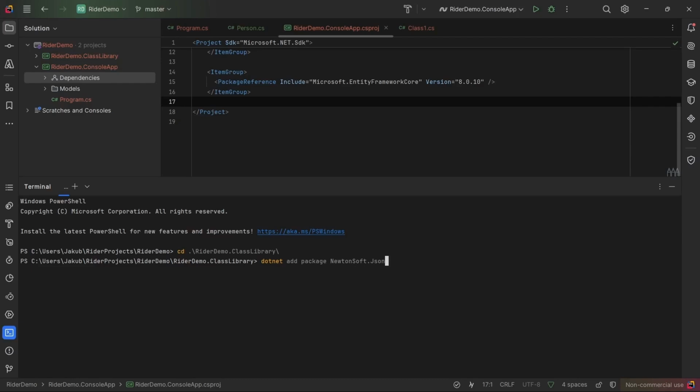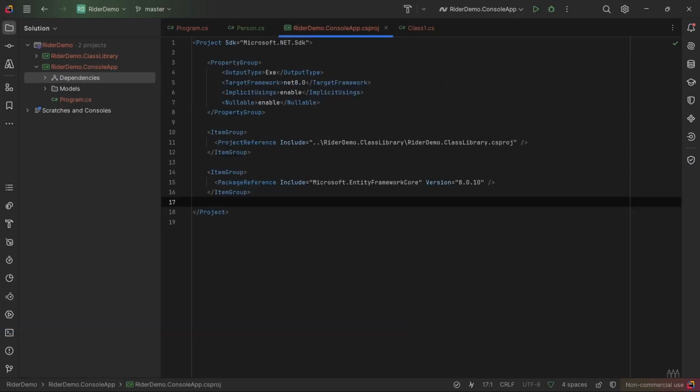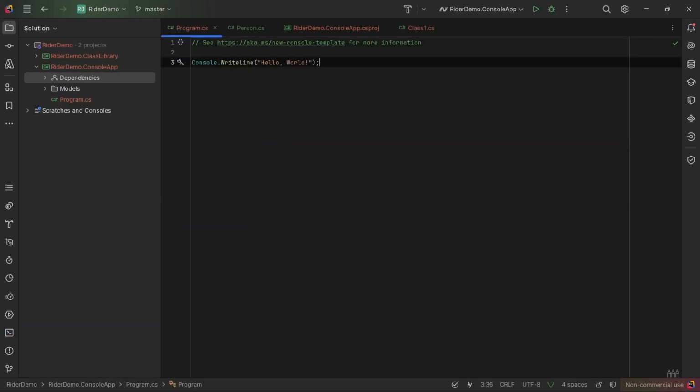Let's go ahead and see how we would be able to run the project we are working on in Rider. To do this, we can either use the option available in the top menu, where we primarily have the ability to select the project we want to run. So, since we currently have only one project that we can run, it is the only one that appears in this context. So by clicking the play button or pressing the shortcut Ctrl F5,